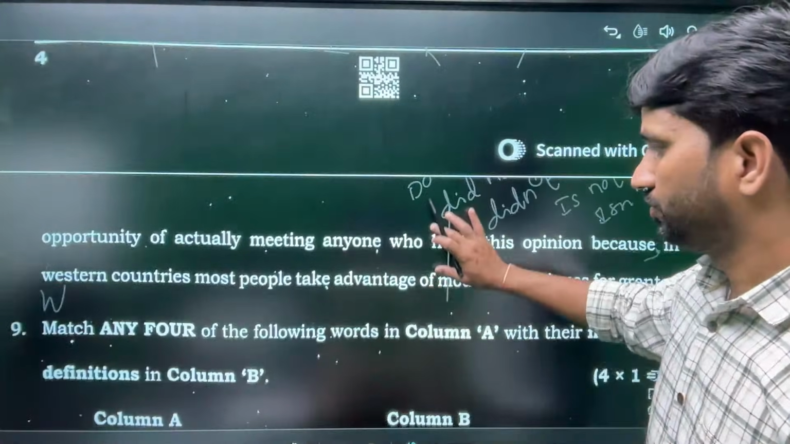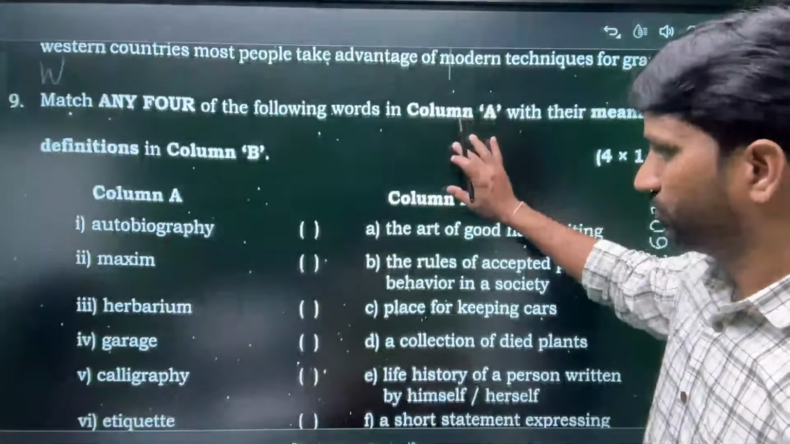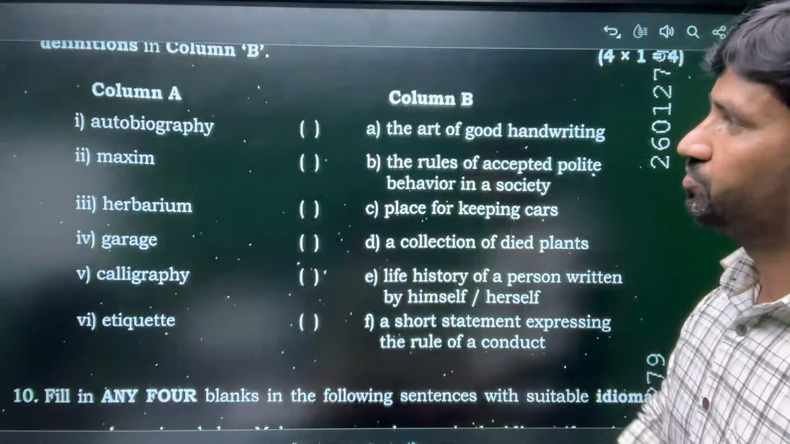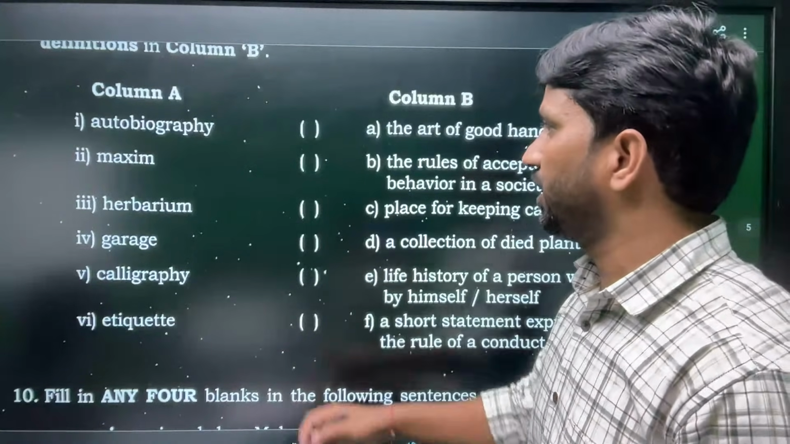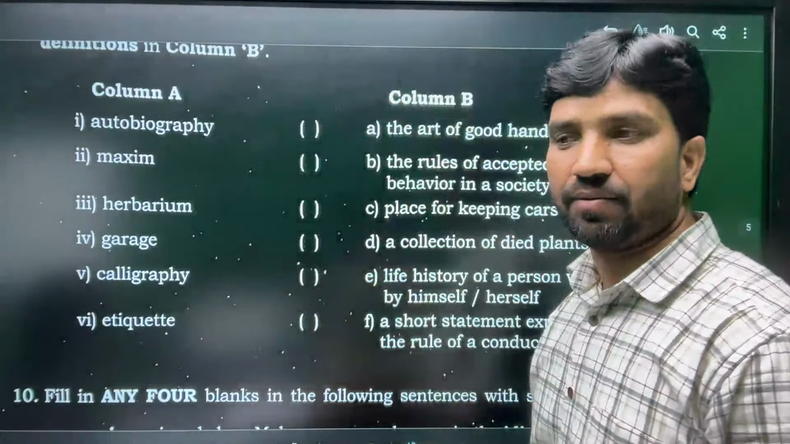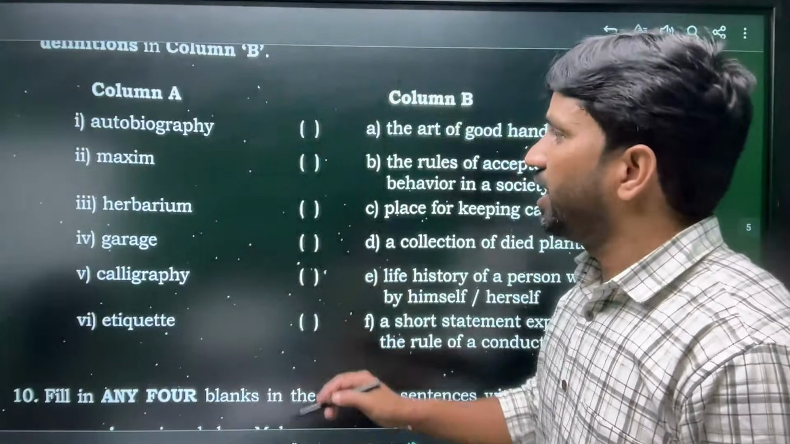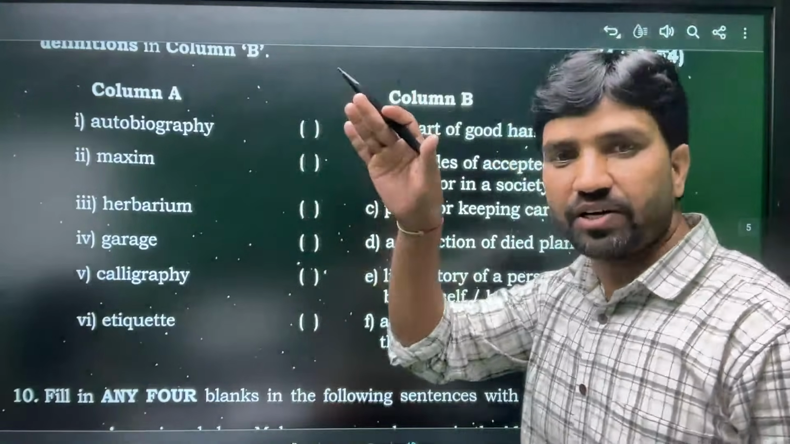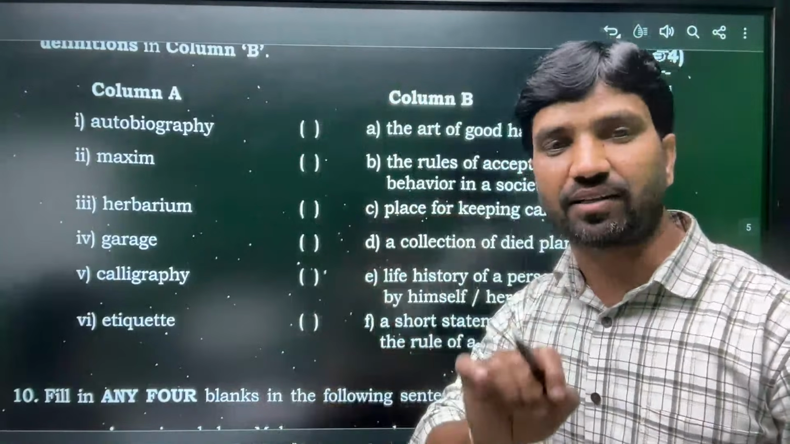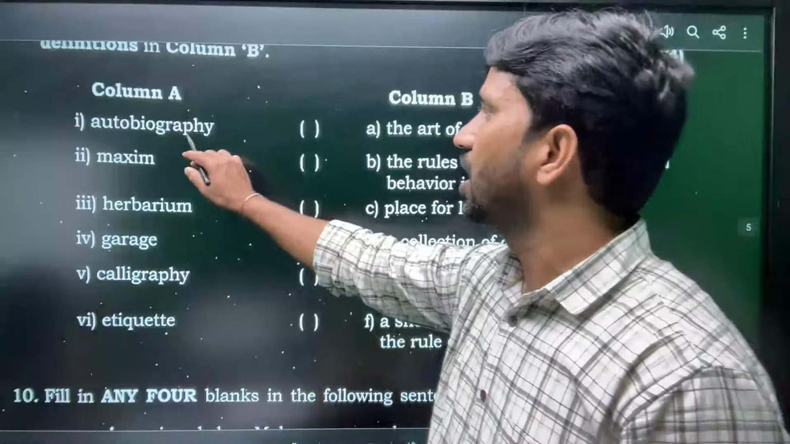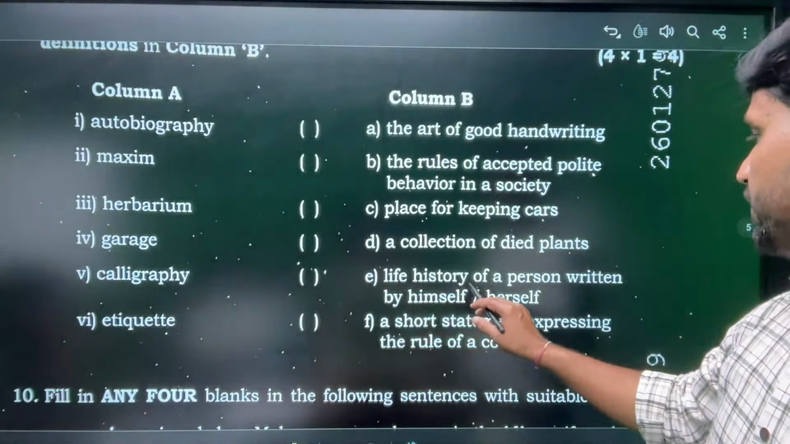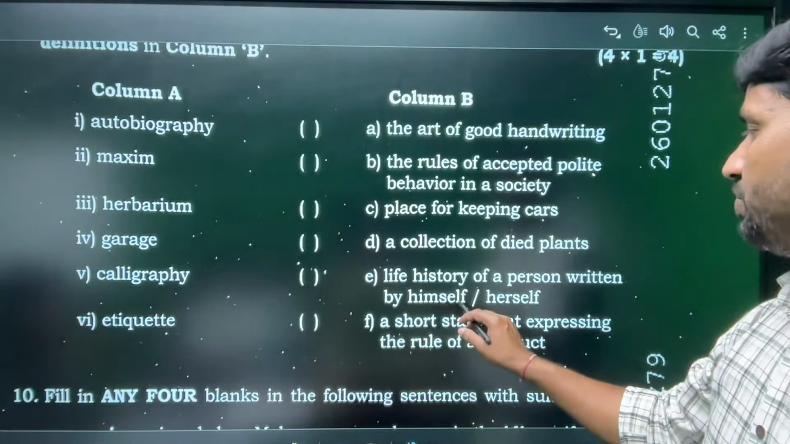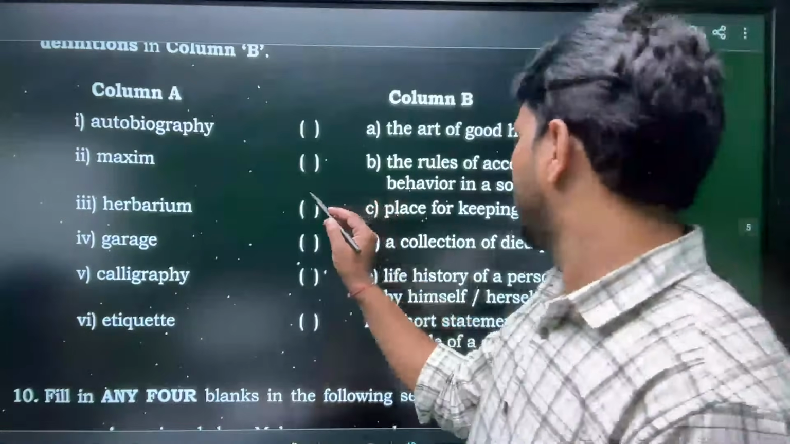Next, here, match the following. How to do match the following? Here there are 2 columns as given. Don't write the 2 columns in your answer set. Only write the answers. See what the answers are here? Autobiography, in the sense, life history of a person written by himself or herself. The answer is